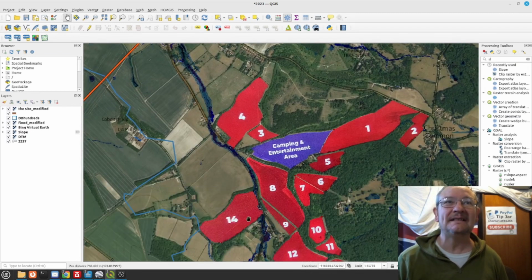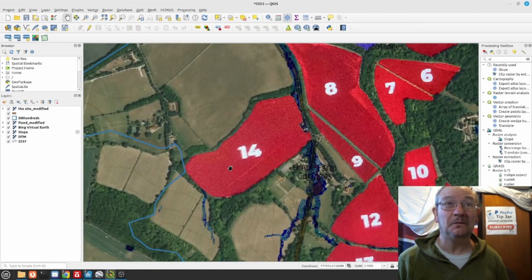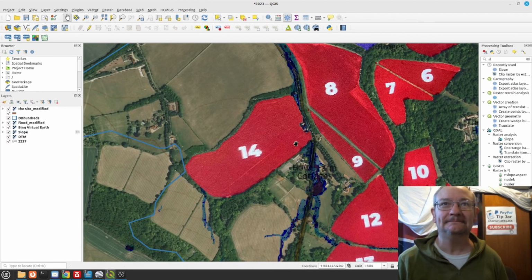Now, where's the Saxon? Here's the Saxon boundary here. So field 14 is closest to the Saxon boundary, and it's got river on one side and the Saxon boundary, which this is a sort of general area thing here. So it's probably following this hedge line in reality. So yeah, it's an